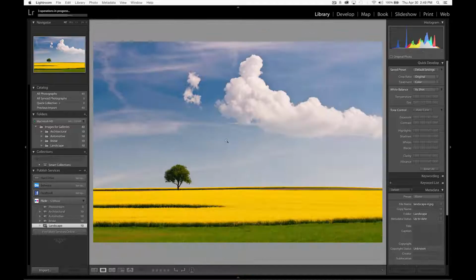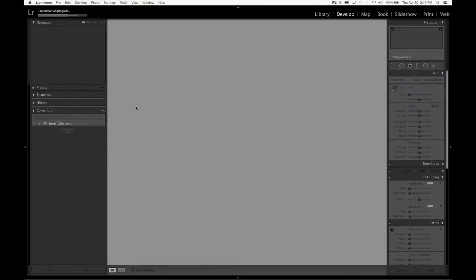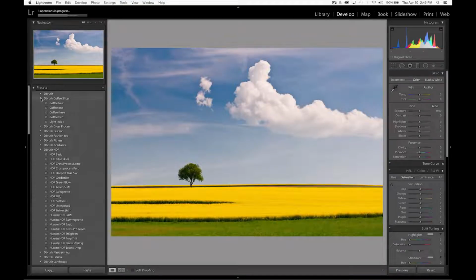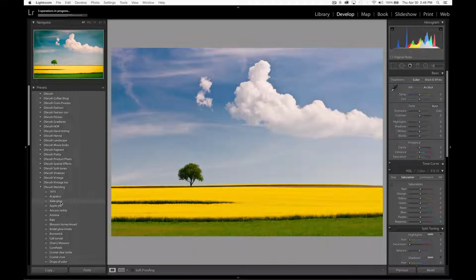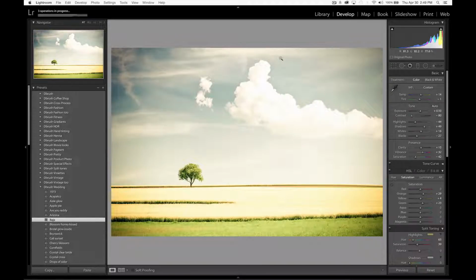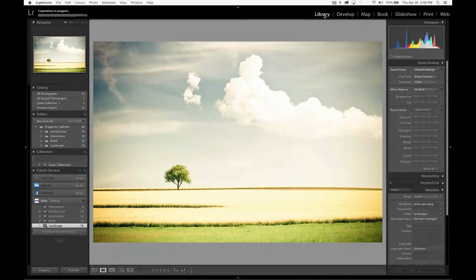So I'm going to double click on one of these. I'm going to click the D button to open the Develop module. I'm going to go to my presets, and it doesn't really matter which one, but one that makes a little bit of a difference. Aha, my Baja preset. Okay, so that looks pretty cool. And there we go. That's updated. So say now that was something that the customer had wanted. Now that we have done that,